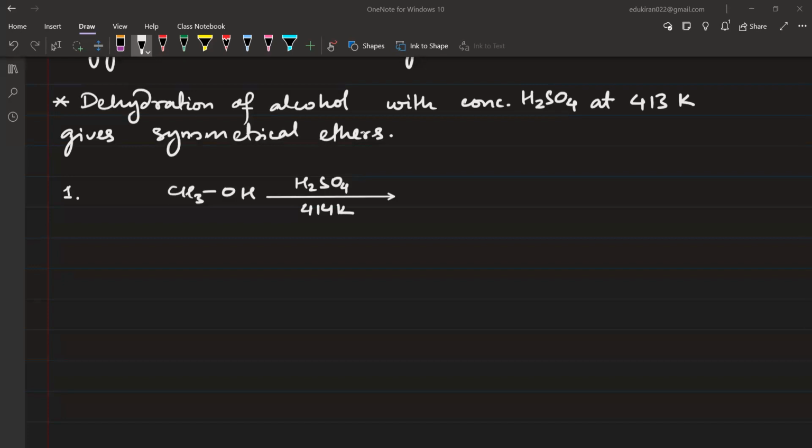Alkyl group. CH3. All of you can identify this? Yes or no? Please tell me. Yes. All of you can identify now. CH3 is the alkyl group, right? So write the product. And on either side of the oxygen atom, you will have the CH3 group. Complete the products. And then, for example, if you have something like this,